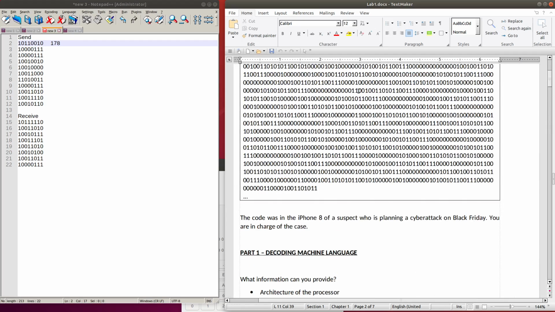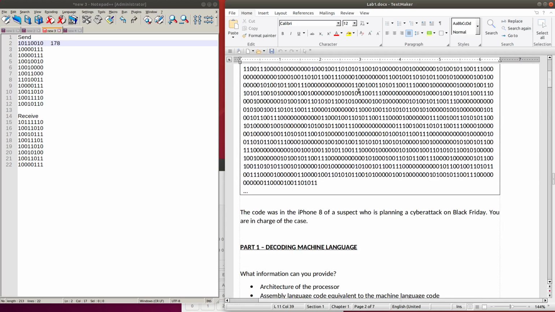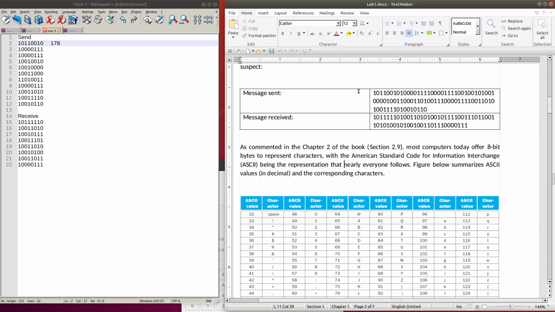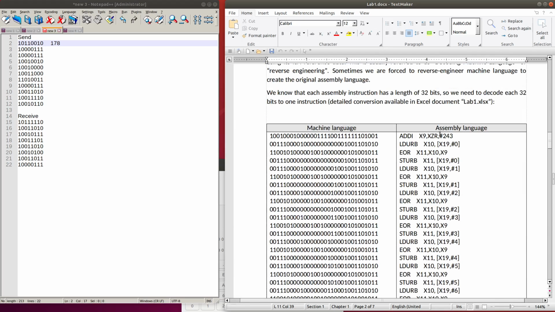We know that here we also have the code received from the same iPhone, and with our work we understand that the code tries to encrypt data from memory together with a key of 243. So now we will try to decrypt this code using the same key by exclusive OR.